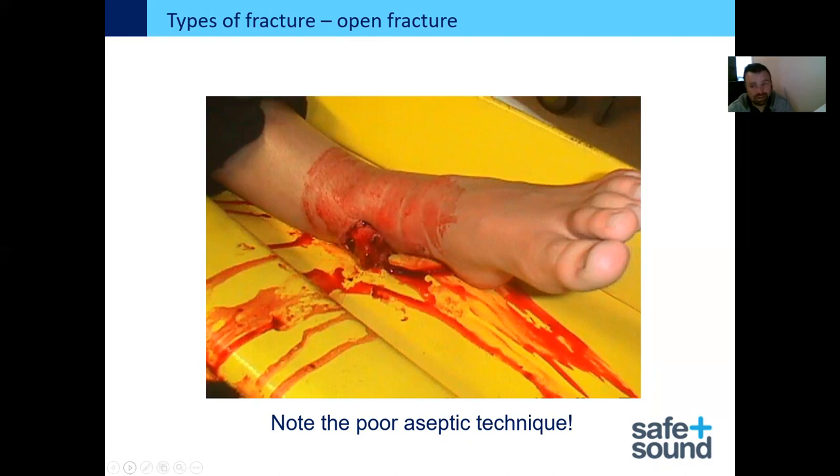I mean, that's quite funny that it's got please note the poor aseptic techniques. I mean, at this point,